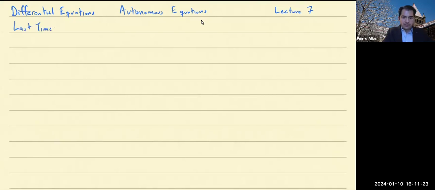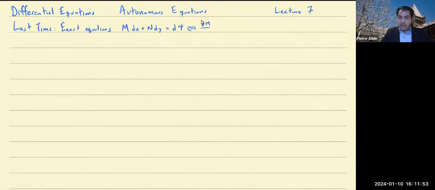Last time, we talked about exact equations. So this is an equation that in differential form notation, we would write as M dx plus N dy. And what we saw is that you can write this as the total derivative of some function psi if and only if